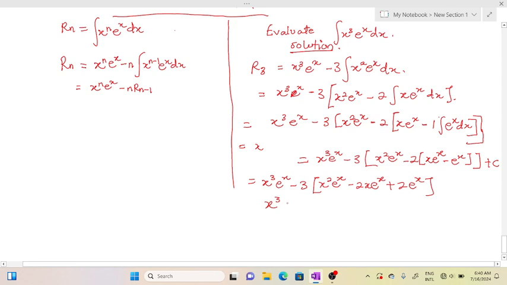Then I'll still go on with my simplification. So minus 3x squared e to the power x, plus 6x e to the power x, then minus 6 e to the power x, plus. So is there any way we can simplify this expression? No, they are all different terms. So in all, this is what we get after